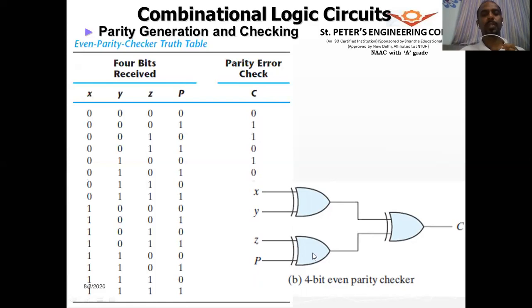So how do we do this? This is a 4-input XOR gate, which is given to another XOR, so you get the parity check. This is the parity generator circuit we have seen in the previous case. Now this is a parity check. We have seen that the 3-input XOR function can be used as a parity generator, and the 4-input XOR function can be used as a parity check. So this is the output. C will be the XOR of all 4 variables: x XORed with y, that result XORed with z, and that result XORed with p. That is the parity bit.